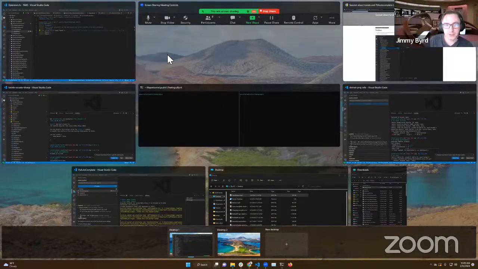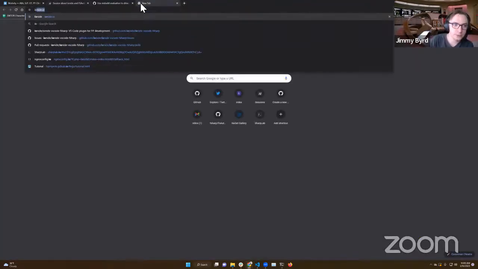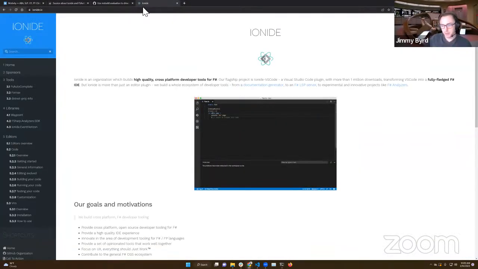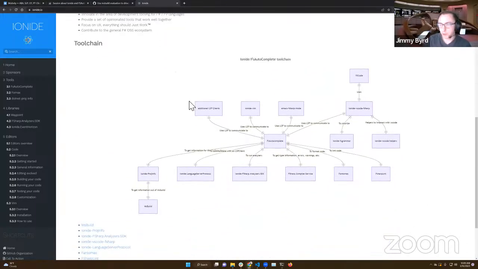So let's take a slightly step back to looking at Ionide as a whole. Let's come over to ionide.io. One of the things I did recently is put together a little mermaid chart about Ionide and all the things that are connected. If you look at this, it looks like quite a bit, so I'll walk through it a little.